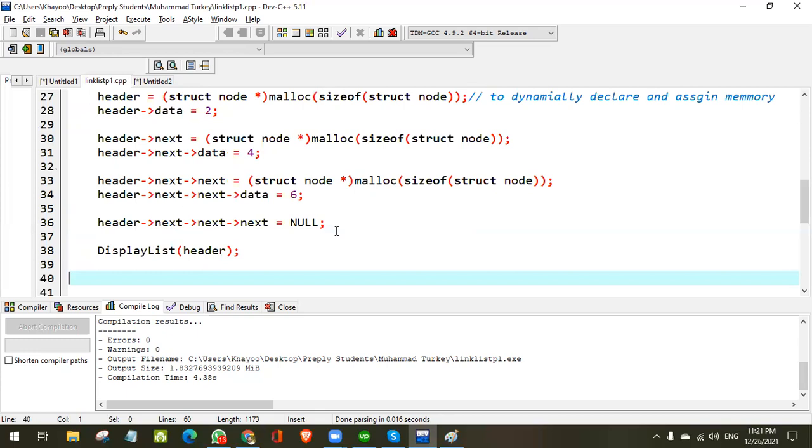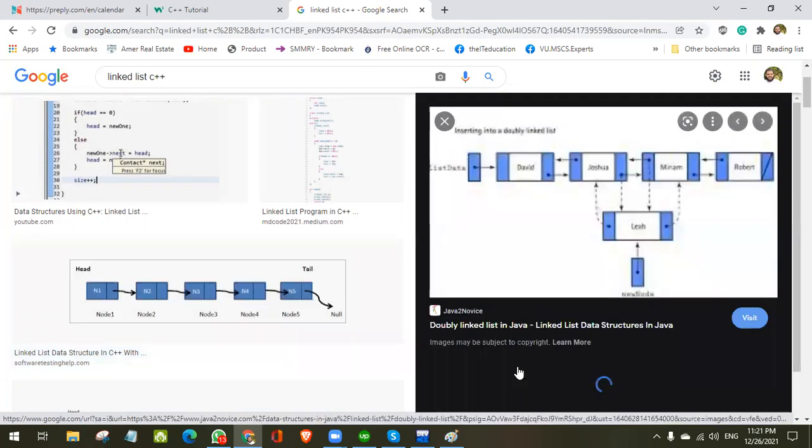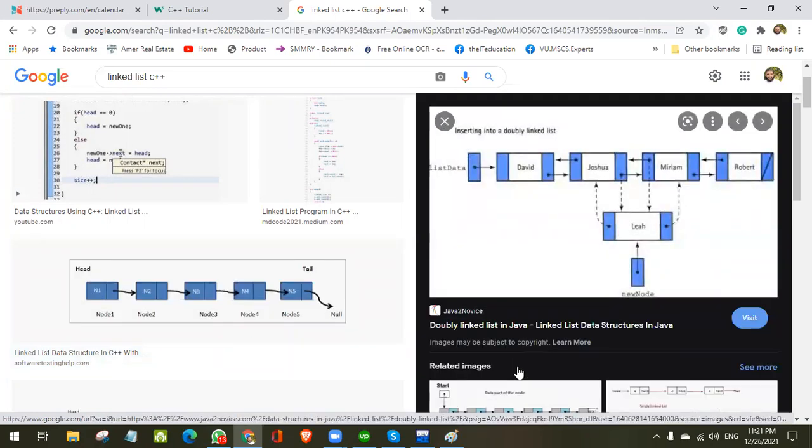Look, there are different types of list. This is a simple list. So you understand? There are different types of list. When we talk about that thing, it means that we are talking about this link. This is called a linked list.